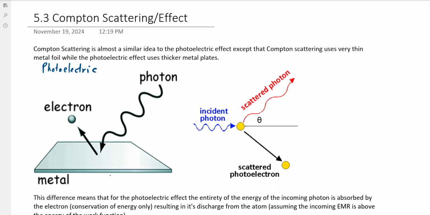Basically what happens is a photon comes into a metal plate, coming in in this direction, and it gets fully absorbed by an electron inside the metal plate. So there's an electron that's orbiting a nucleus. That electron is fully absorbing the energy from the photon, and because it absorbs that energy, it gains extra kinetic